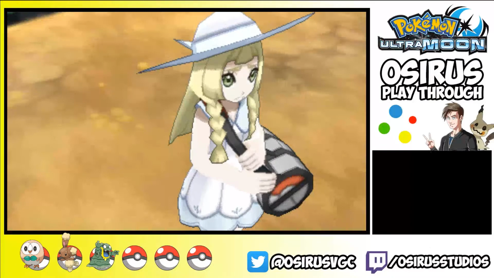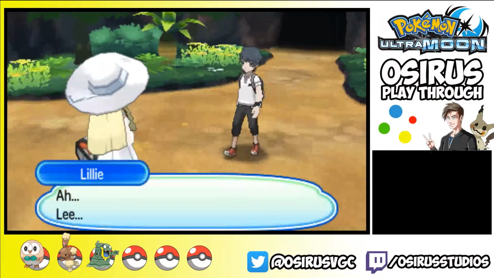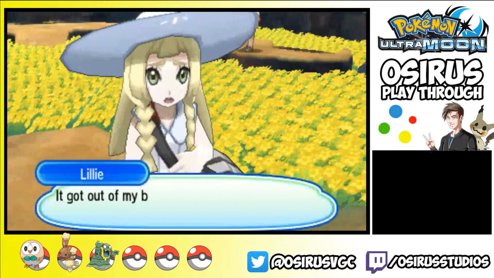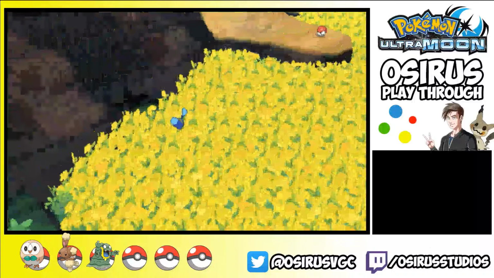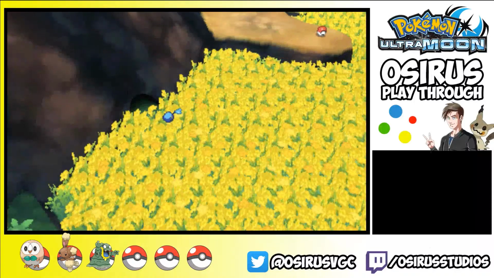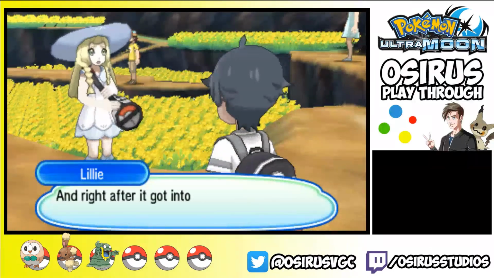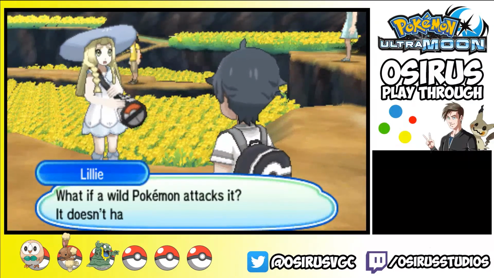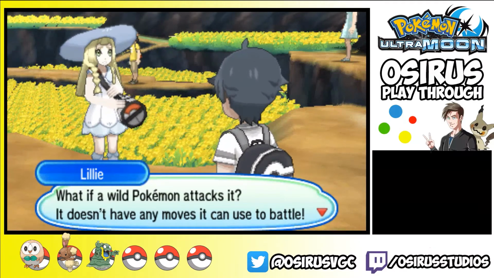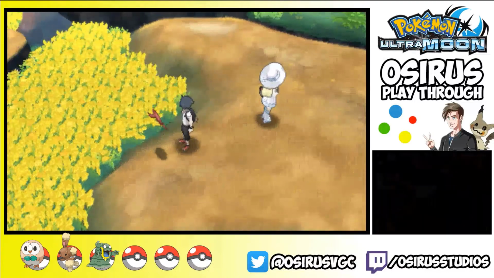It's like super chilled out in here. Lily, Nebby, come back. Nebby, it got out of my bag again. What are you doing all the way over there, Nebby? Don't go on there. But why would it want to go in that cave? And right after it got into so much trouble on the bridge too. What if a wild Pokemon attacks it? It doesn't have any moves it can use to battle. So I guess we're going to have to...